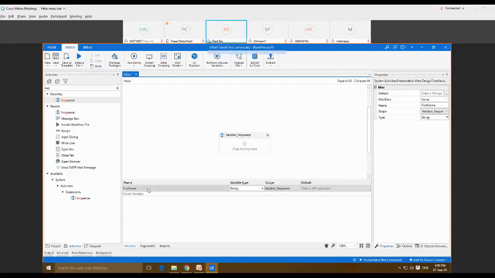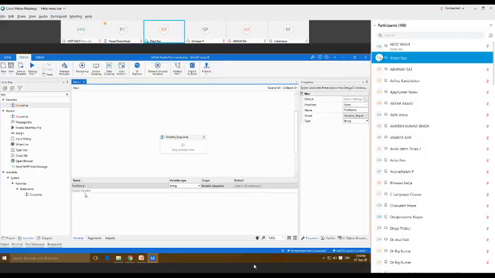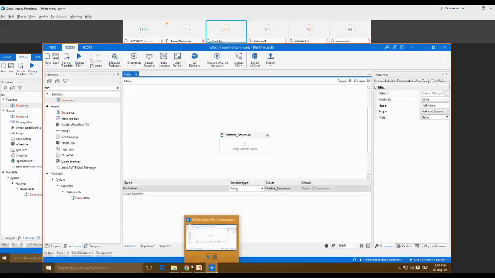So this is how we can create the variable for any given workflow file, or you can say for any given activity for the UiPath.